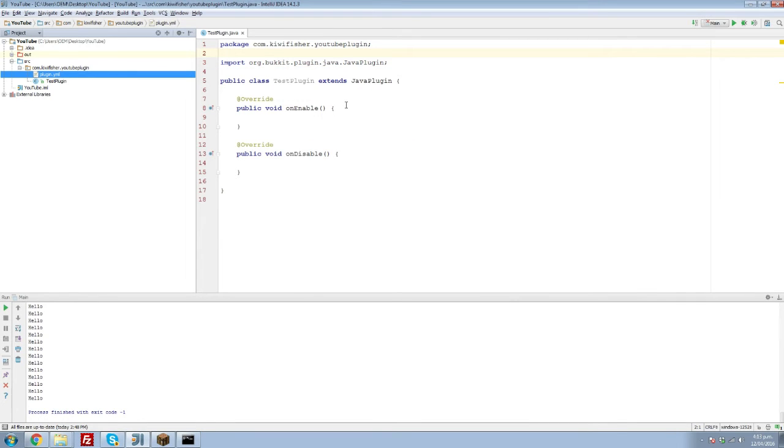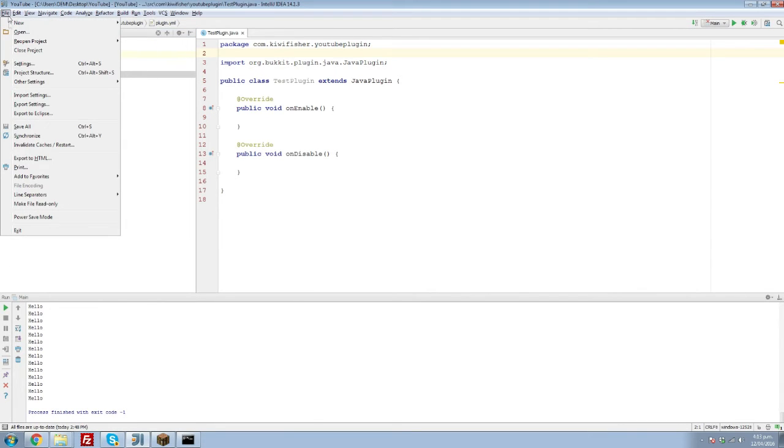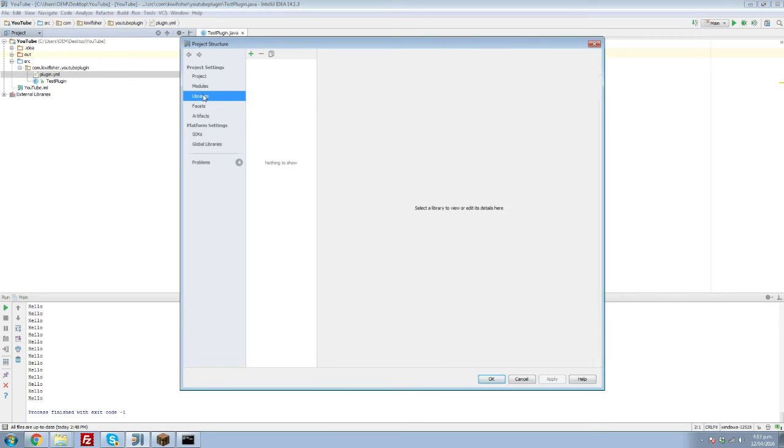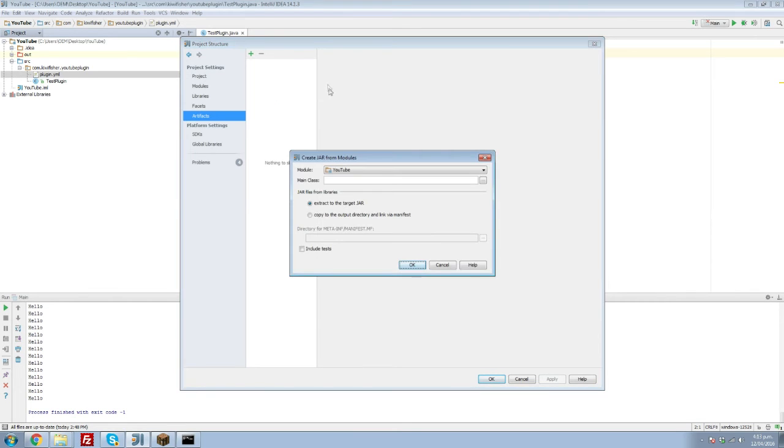So right now, this is a functioning plugin. This will go in a server and this will run. In fact, before I do anything, I'll show you guys what we're going to do about it. We're going to go File, Project Structure, we're going to go to Artifacts, right there, and we're going to add an artifact, and it's going to be a jar, and it's going to be from a module with dependency, and we are going to be using YouTube,